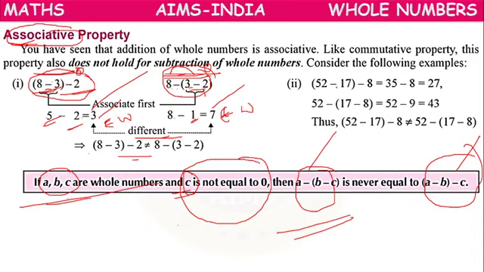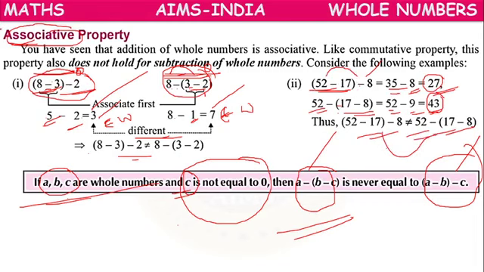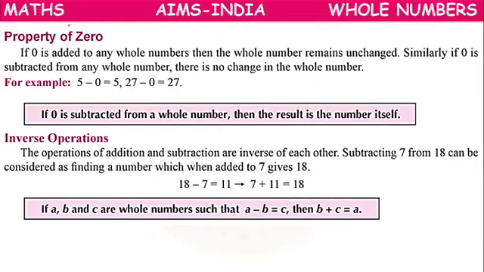You can take this example also. 52 minus 17 grouped together, then minus 8. So 52 minus 17, 35, minus 8, 27. The answer we are getting is 27. So next, 52 minus (17 minus 8). 17 minus 8, how much? 9. So 52 minus 9 is 43. So both are different. Both the results are different. It means if the order of difference changes, the result also changes. So they won't follow the associative property.